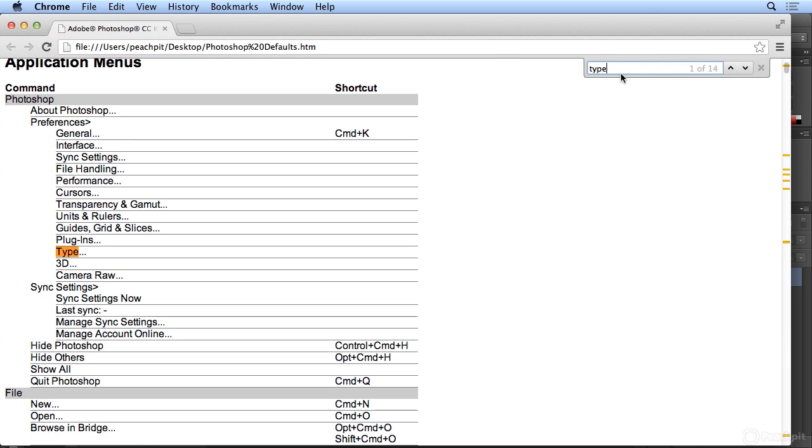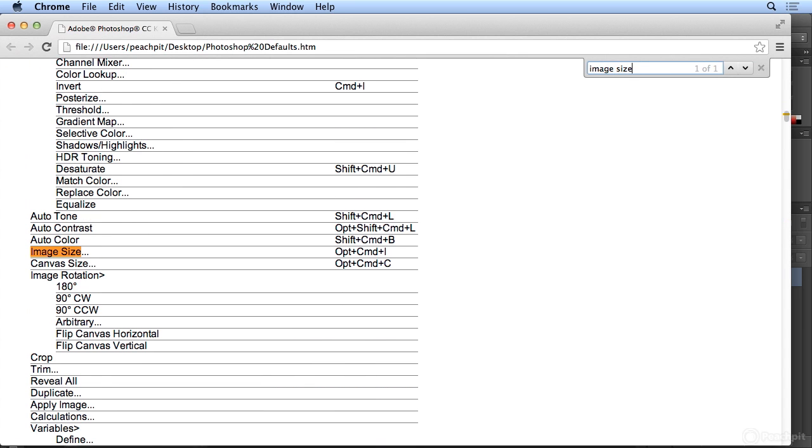But let's try something different. Maybe I often use image size. So I'm using Find, which is often Control F on Windows or Command F for Find on the Mac. And I typed image size. And the shortcut to that, I always say it this way, Command Option I, or in Windows Control Alt I,